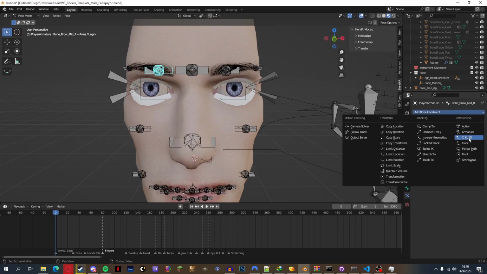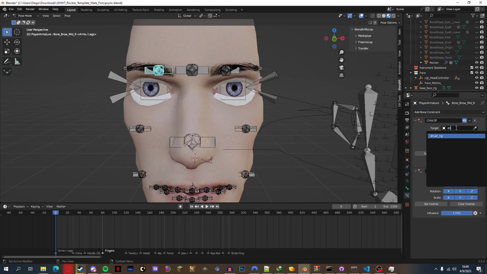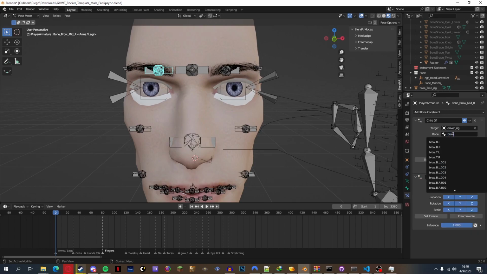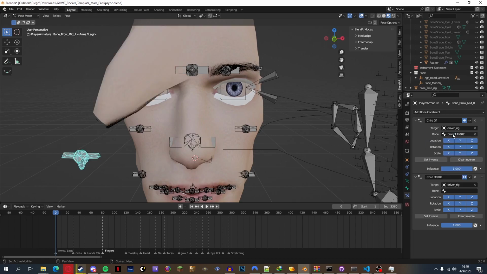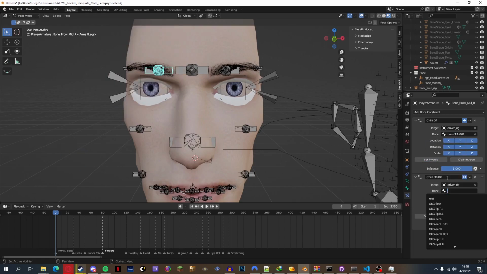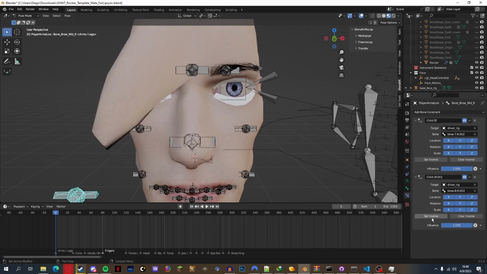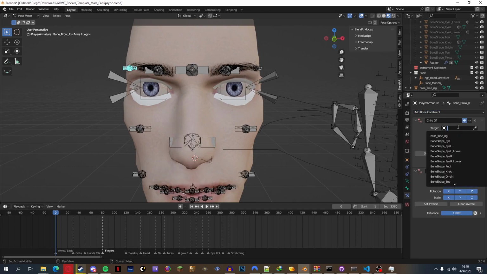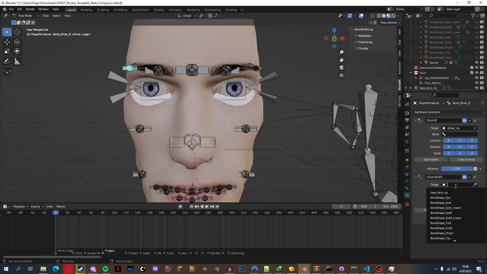Let's deal with the right side. Child of, driver rig, brow dot tr2, brow dot br2. There you go. Then two more. Brow, forgot to type driver. Oops, driver. Now brow,